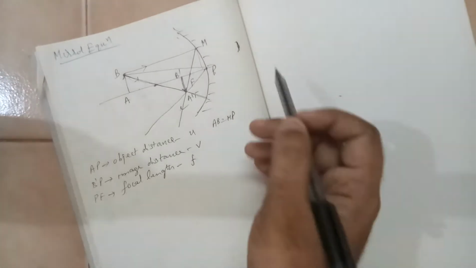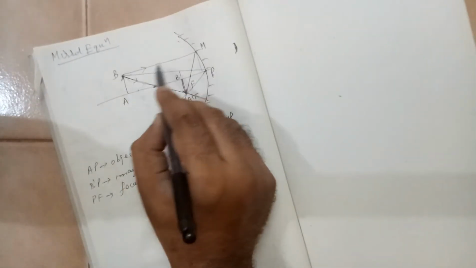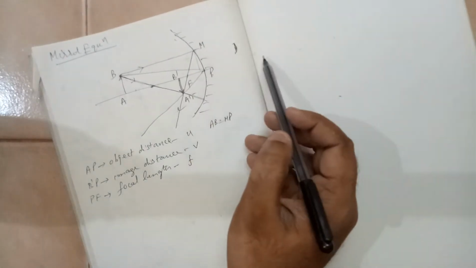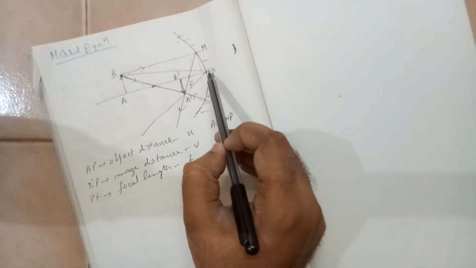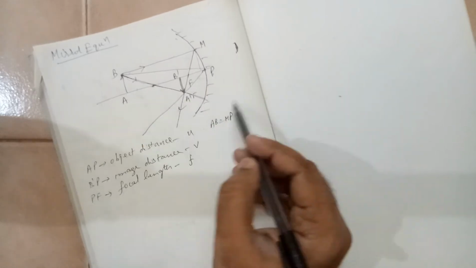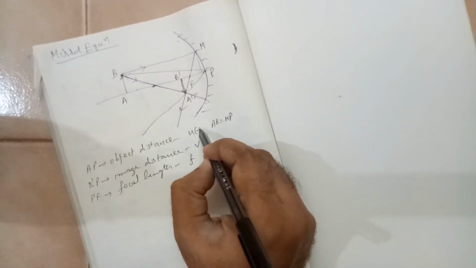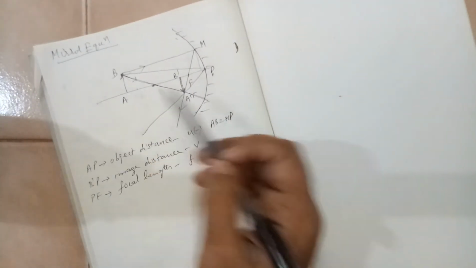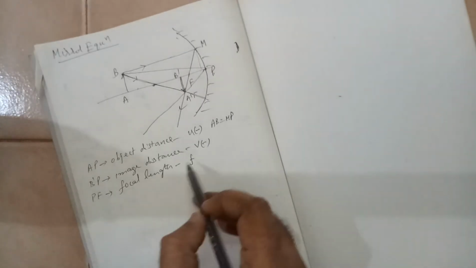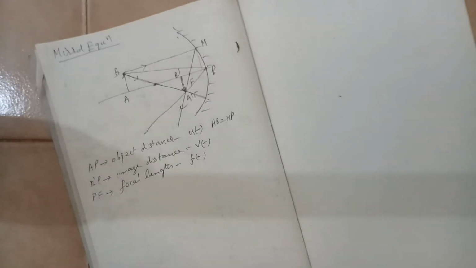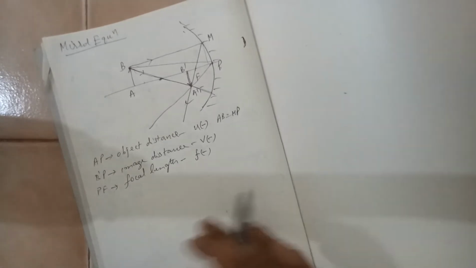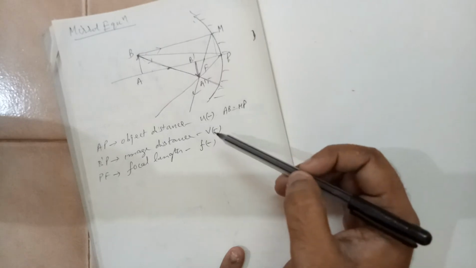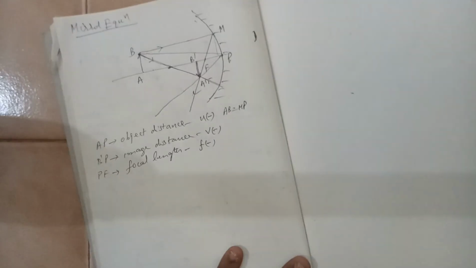Now observe here, incident ray is left to right, and all these distances are measured from pole. That is the definition. So object distance is measured from the pole. You are measuring in the opposite direction. So yeah, in this situation you have to call this negative. Even image distance you are measuring in the opposite direction, it is negative. Even the focal length also is negative, as per our standard sign convention. Now we are trying to establish a relationship between these.